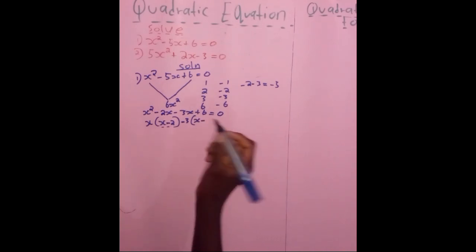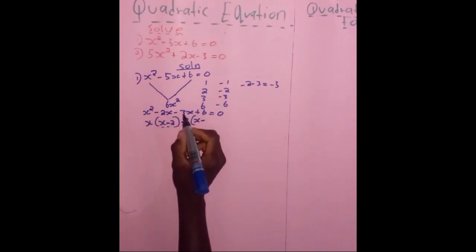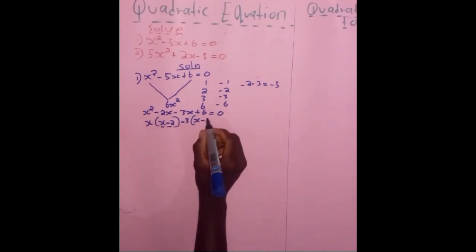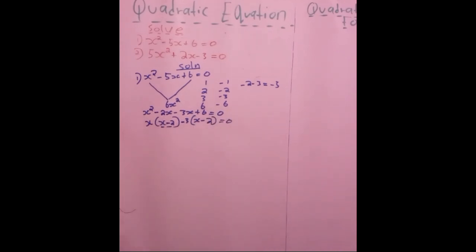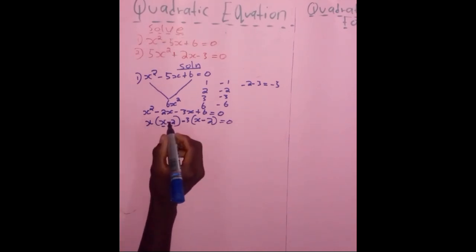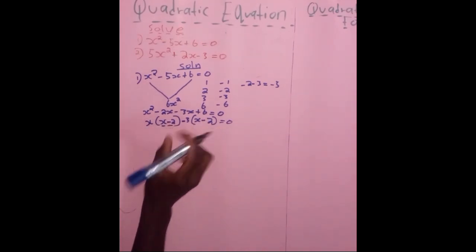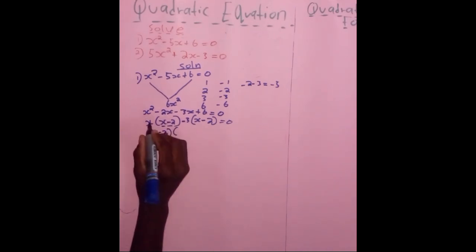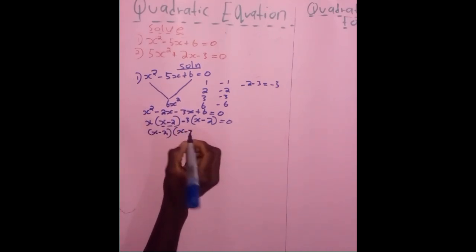We are getting 3 into 6, we are getting 2. The same with this bracket, we are getting 2 is equal to 0. According to the factorization method, because the brackets have the same value, we just carry the first value, and we carry the value that is outside, x minus 3,